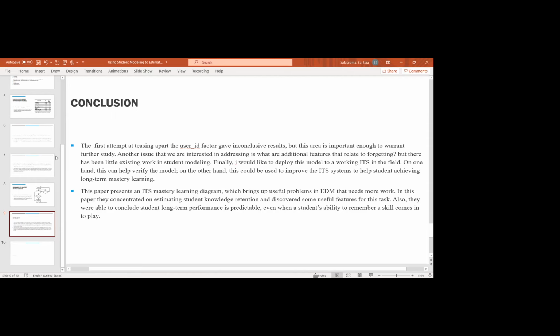And this paper presents the intelligent tutoring mastery learning diagram, which brings us useful problems in data mining that need more work. In this paper, they concentrated on estimating student knowledge retention and discovered some useful features for this task. Also, they were able to conclude that student long-term performance is predictable, even when a student's ability to remember a skill